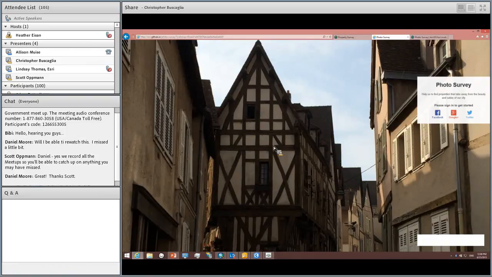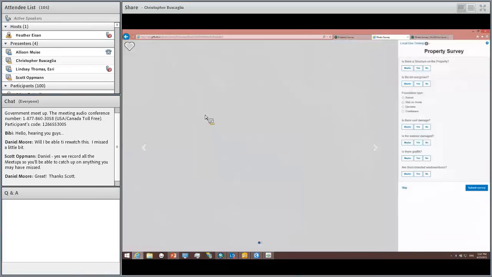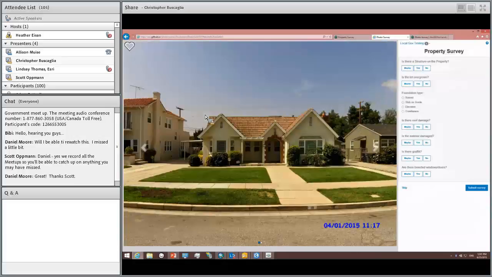So this is a JavaScript app, and what I can do is just go ahead and log into the photo survey application. And right now it's set up for social media credentials, but we're also planning on having ArcGIS.com credential login as well as anonymous login at some point in time. So we're also working on that. But for this, I'm going to log in with Twitter and go ahead and authorize the application to use my account. And once I've logged in, it presents me with a random photo from that library of photos that I